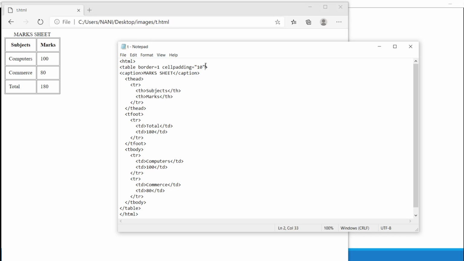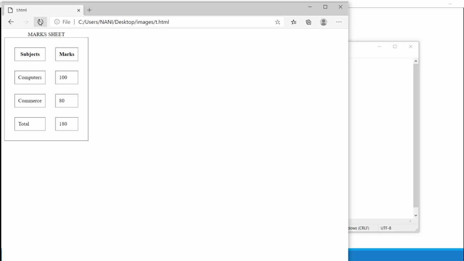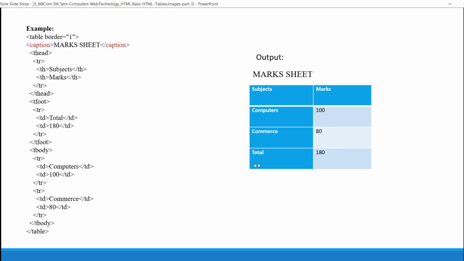Similarly, I am providing cell spacing. Cell spacing equals to some value. Save it. Run. See, now the white spaces that are provided between the cells. Okay. This is about table tag.